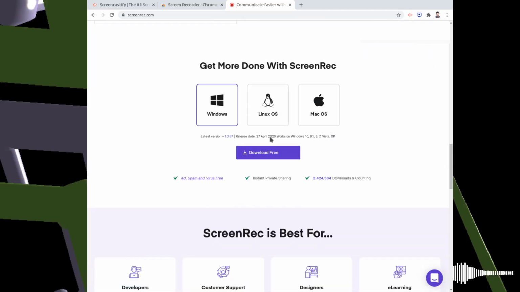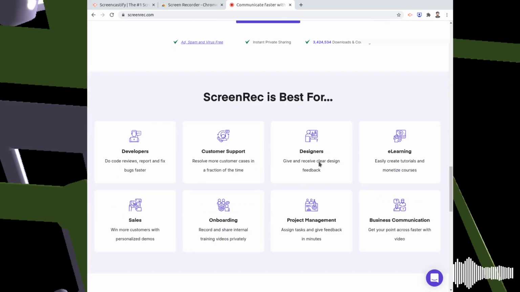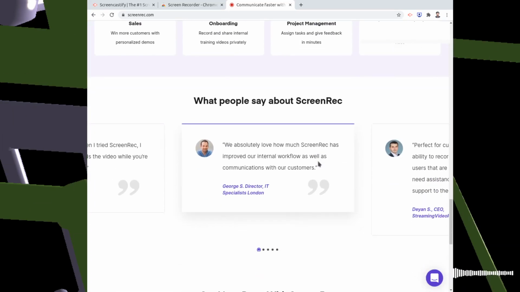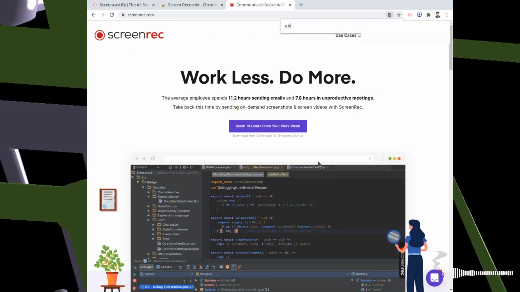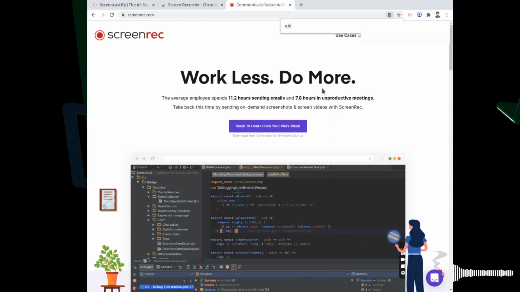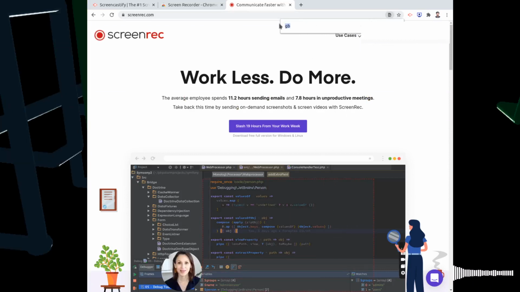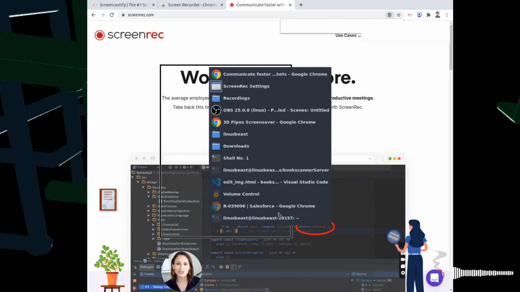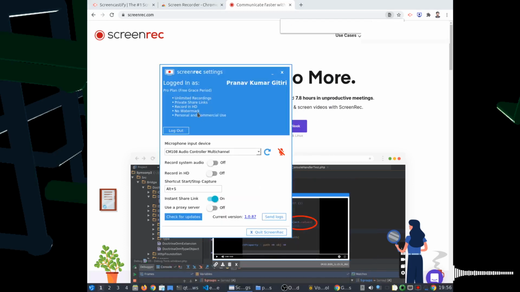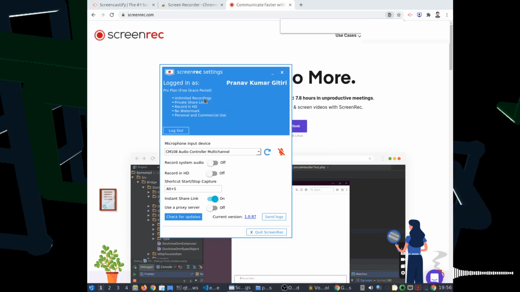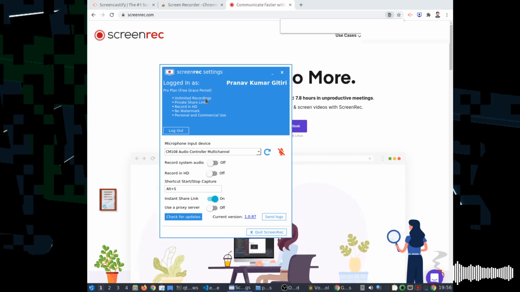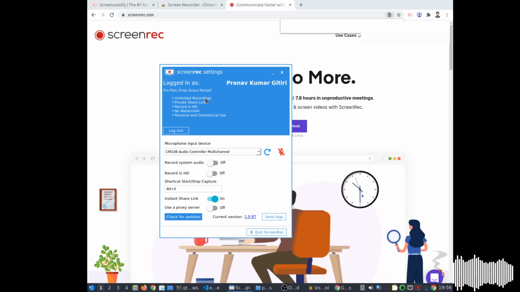Anyhow, it gives you 2 GB of storage. There will be no watermark. We can have unlimited recordings, and there is no limit on the time as well.